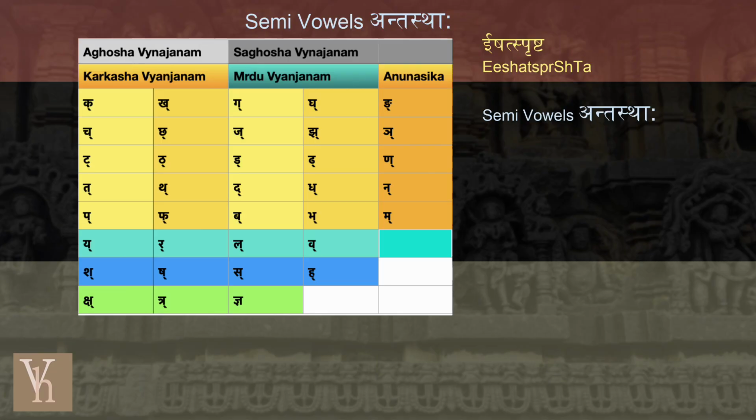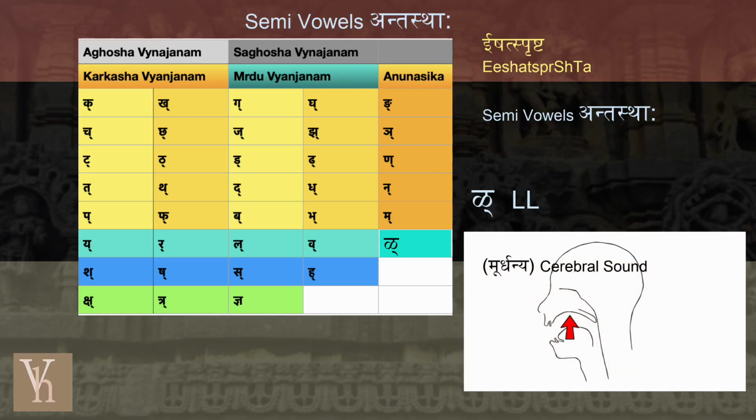It is seen only in ancient Samskrta texts and shlokas. It is also used in certain meditations. It is a deep sound, l. It is a murdhanya or a cerebral sound which is formed by rolling the tongue and touching the roof of